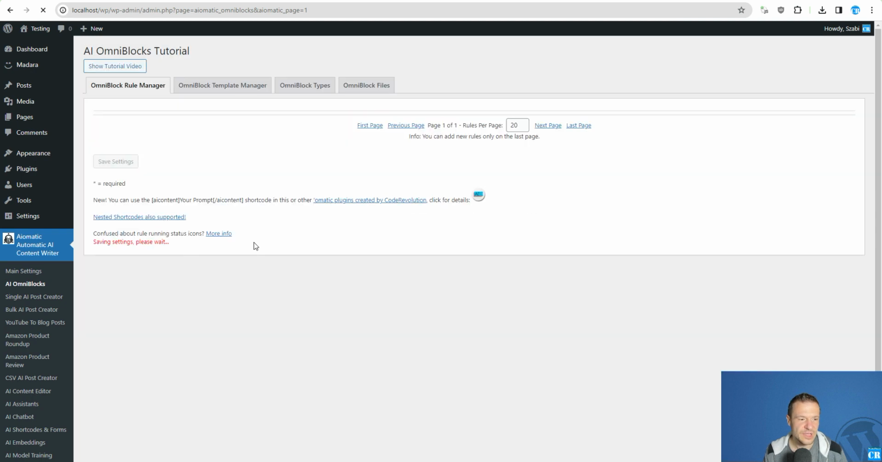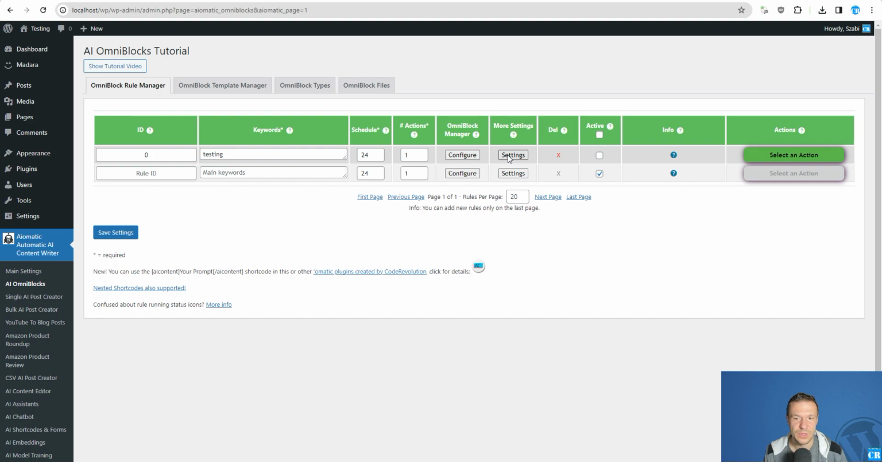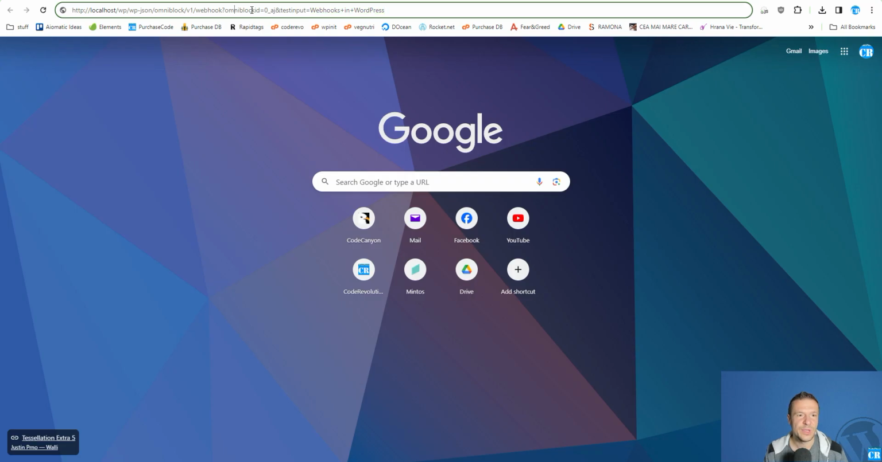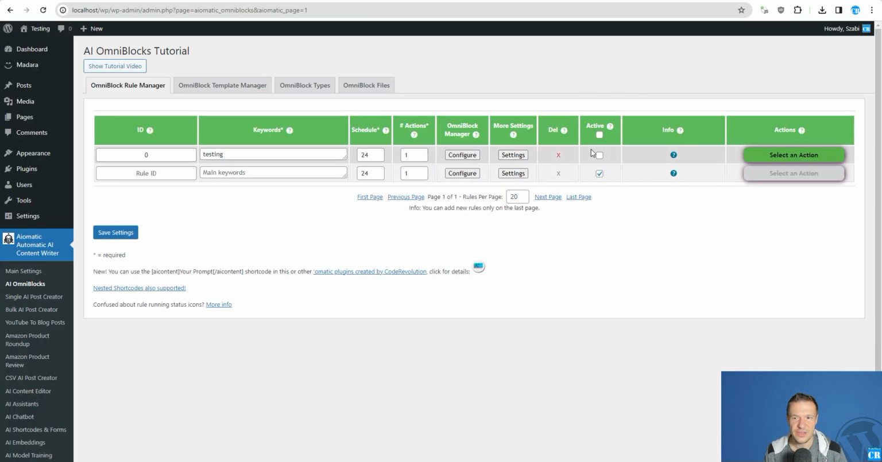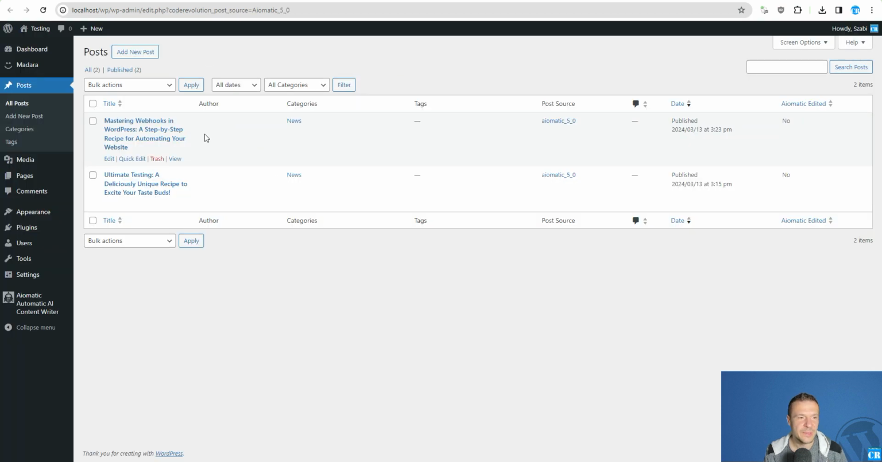After this, let's save settings to be sure that we don't miss this, and we can go ahead and execute this OmniBlock. If everything works well, you will get a similar message, success true and data rule ID, the OmniBlock ID which was executed. And this OmniBlock is run right now and executed. And one post is generated even though the scheduling of the plugin using WP cron is disabled. So you notice that it is launched now by the